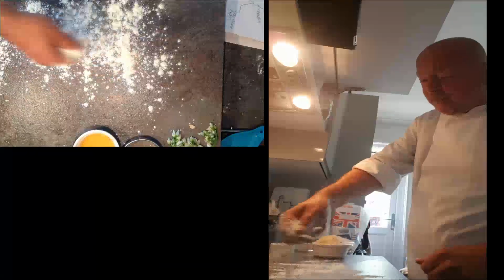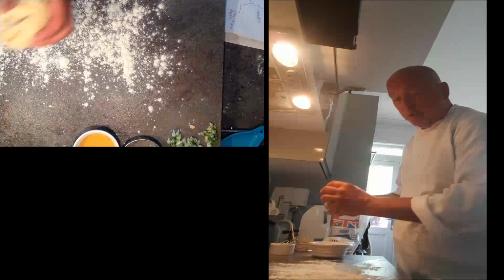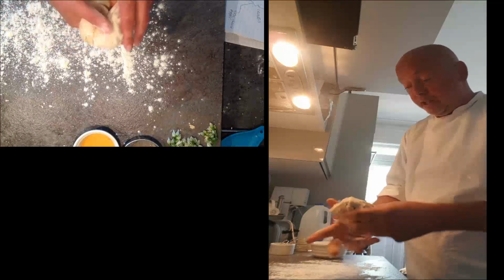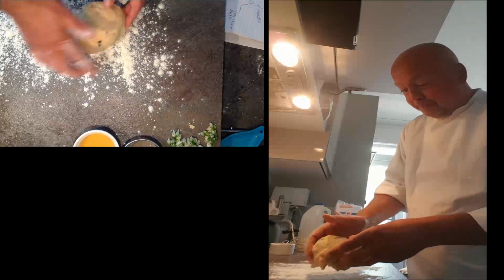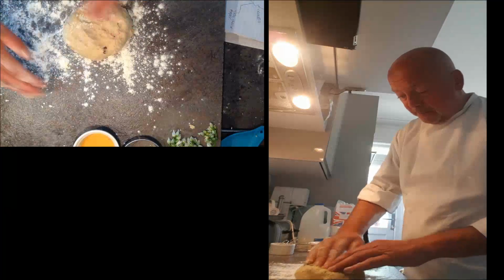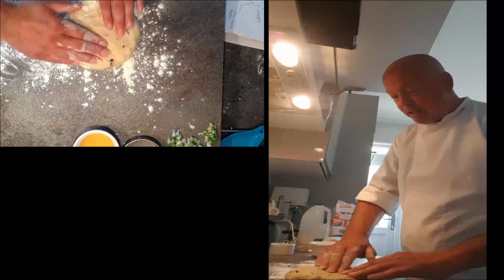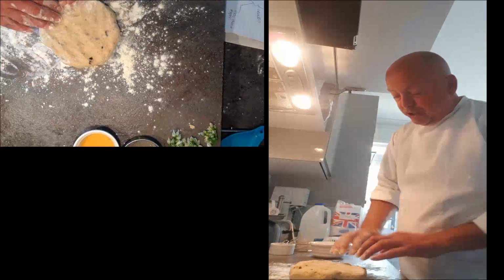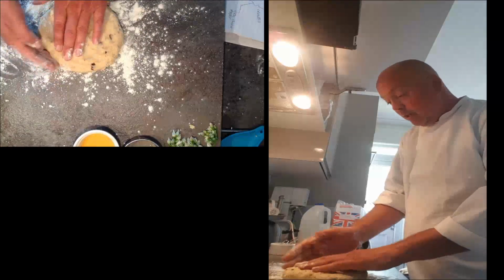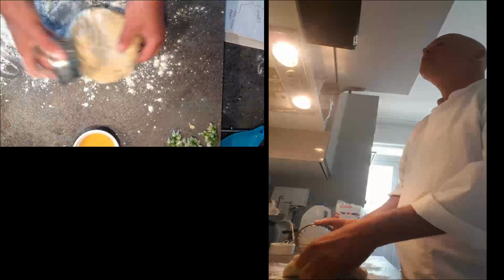Lightly flour your work surface, and then take your lovely scone mixture. Now just be gentle with it. Flour your fingers and just gently press it out till it's about an inch or so thick, depending on really what you want. Now I'm only making a couple because I can only find my large cutter,